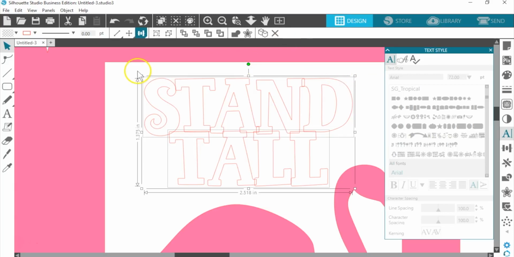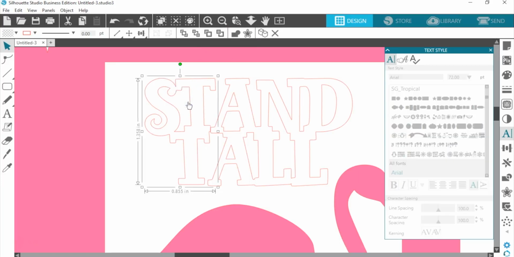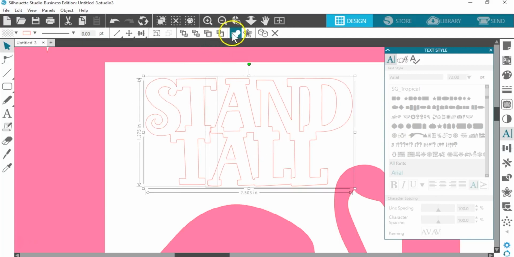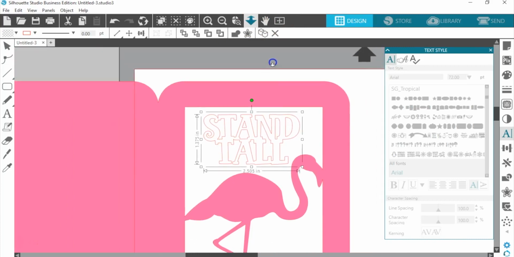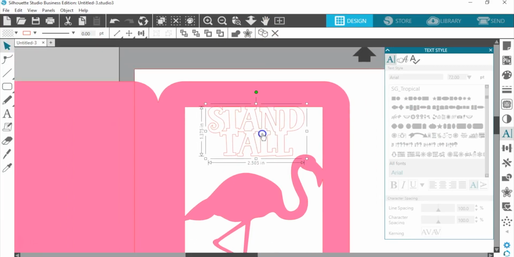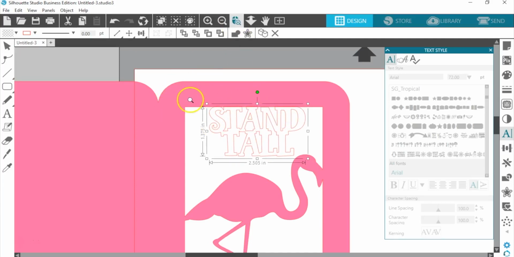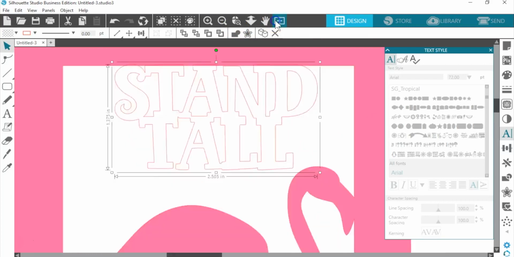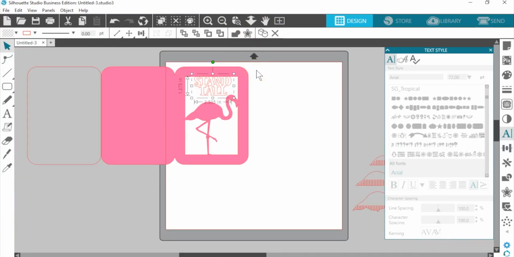Okay, so these now can be welded together. Click Weld here. It looks like I have a little bit of a gap, so I can still move that a little closer and weld again. Then I'm going to zoom out a little bit, and I want this text to be overlapping that frame just a little bit so I can weld to it at the top. Okay, so that is ready. I'm going to go ahead and select it all and click Weld. And now that is all one piece.